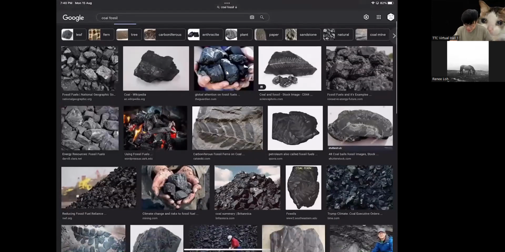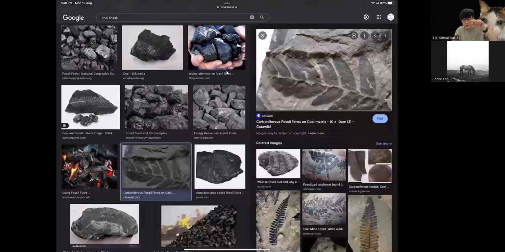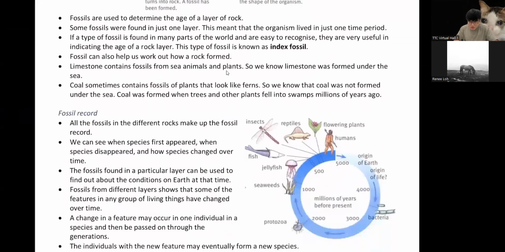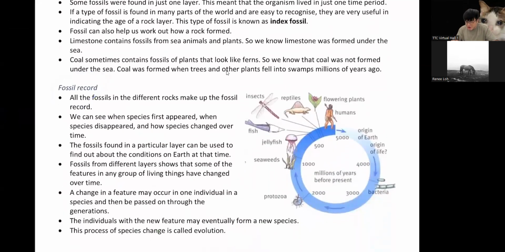Okay, you see? Sometimes in a piece of coal, you will see ferns there. So from this we know, because fern 蕨, you know, 鸟窝蕨, you see fern on land. Fern 是一个陆地植物, so we know that coal is from land. Okay, that's how they know. Alright, so this is how we piece everything together with fossil records. Geology like this, it's like playing with a puzzle.